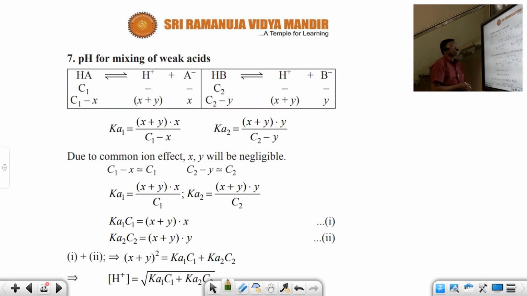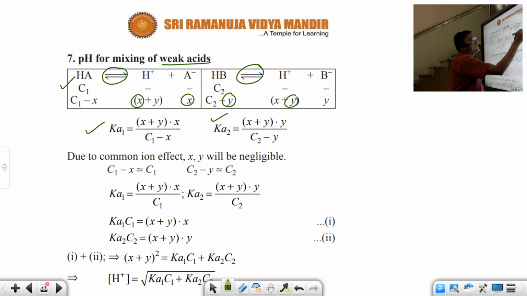So mind you. Well students, in the earlier case you mixed a weak acid and a strong acid. Now I am mixing a couple of weak acids. Here I am mixing 2 weak acids. You can see here there is an equilibrium for HA and for HB also. Now I have to write the Ka1 for the first one, and for the other one you write Ka2. In the earlier case you have not written Ka2, but here we write. So let us interpret. Initially it is C1 and now this is C1 minus X. What is formed? X and X are formed. Here C2 minus Y and Y is formed.